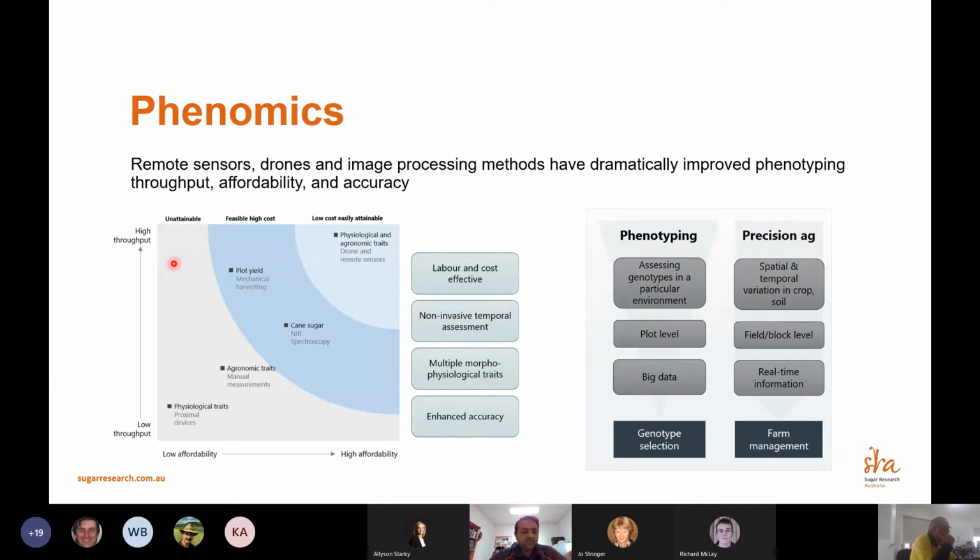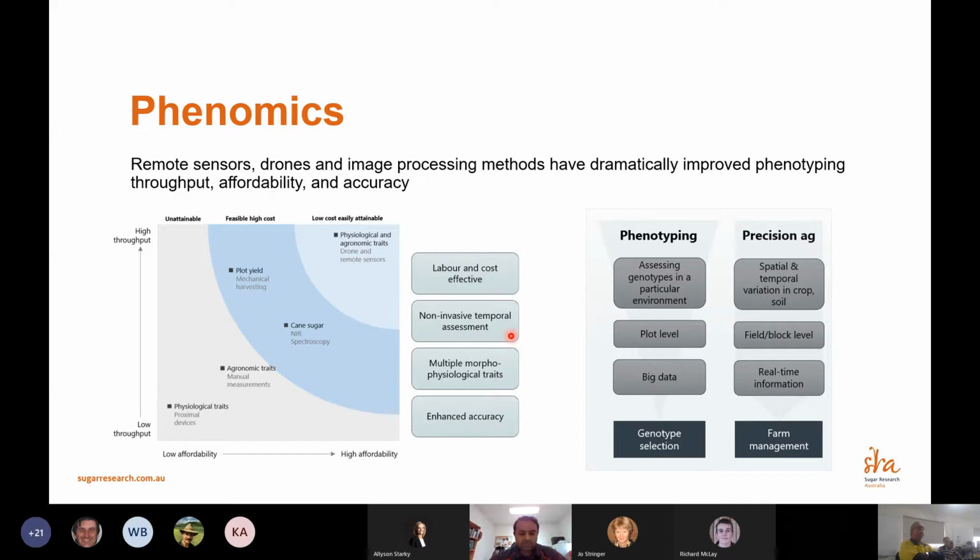So these traits have gone from unattainable in a breeding program to being low cost and easily attainable, such that they are even easier to attain than a plot yield or NIR-based sugar content. Now, they're not only cost effective, but there are several other benefits. Firstly, they are non-invasive or non-destructive. That means you can have a temporal assessment of a plant and monitor its progression or growth over a period of time, or see how the plant responds to stresses or